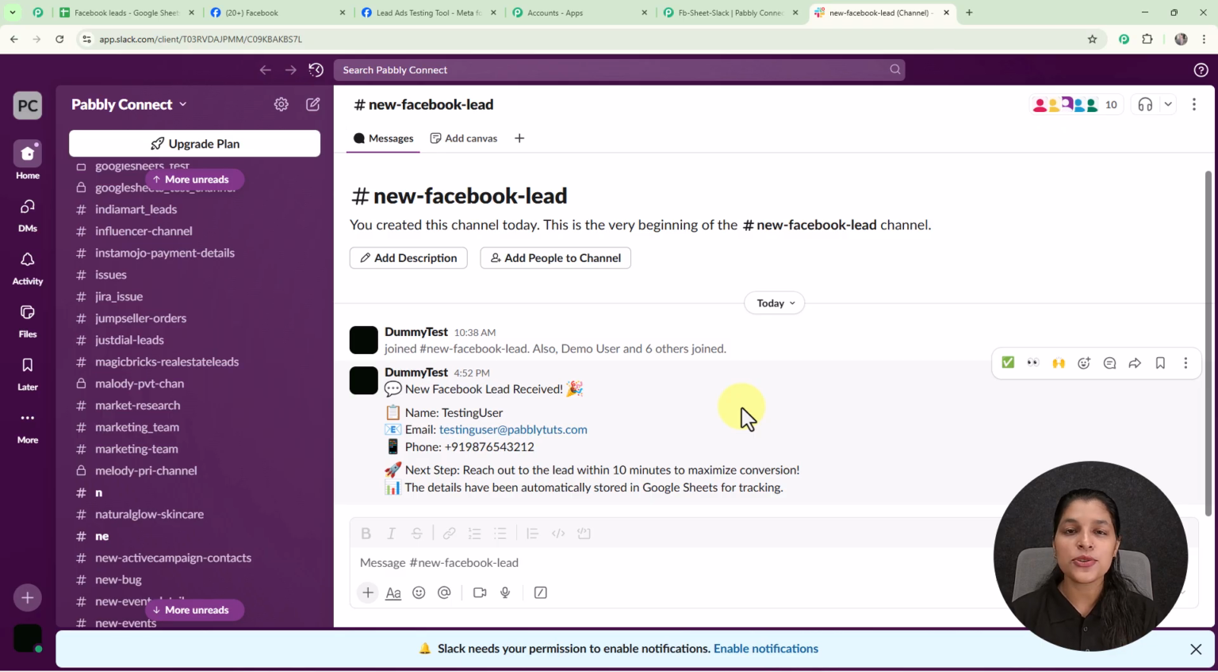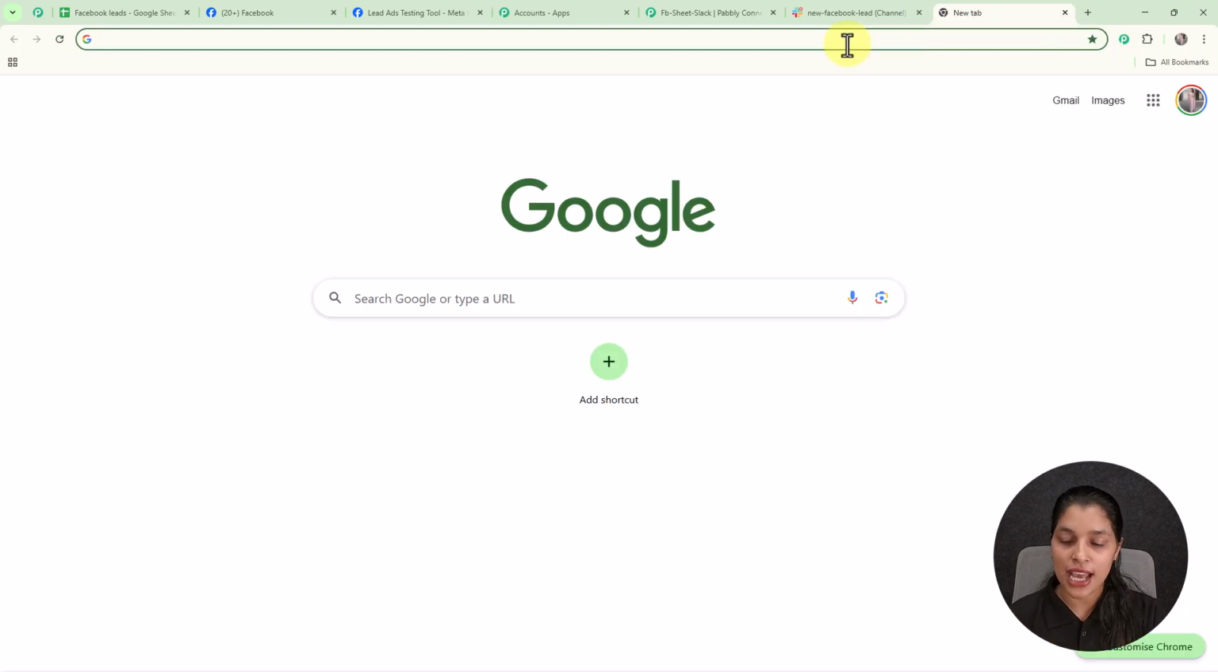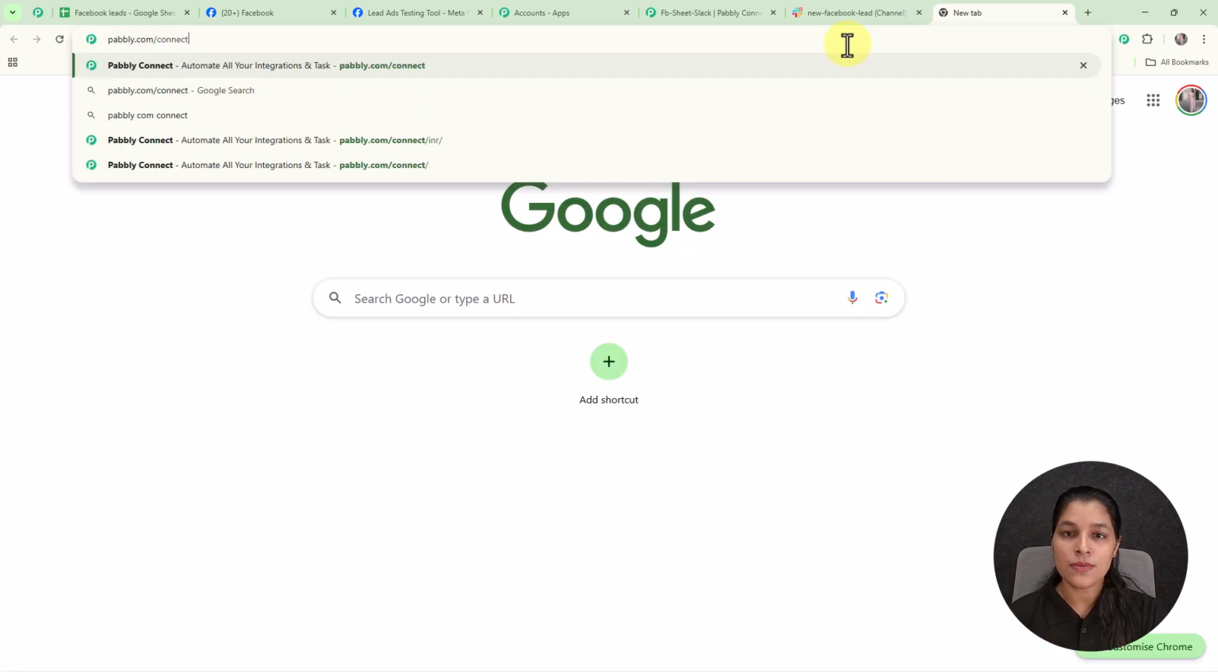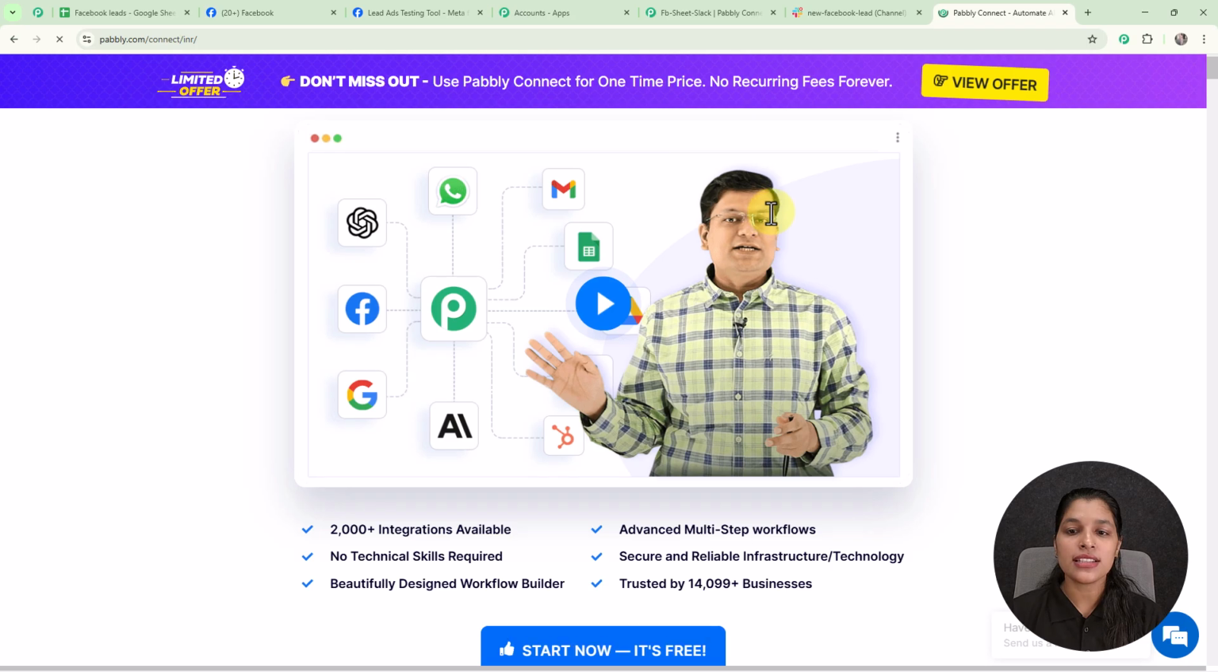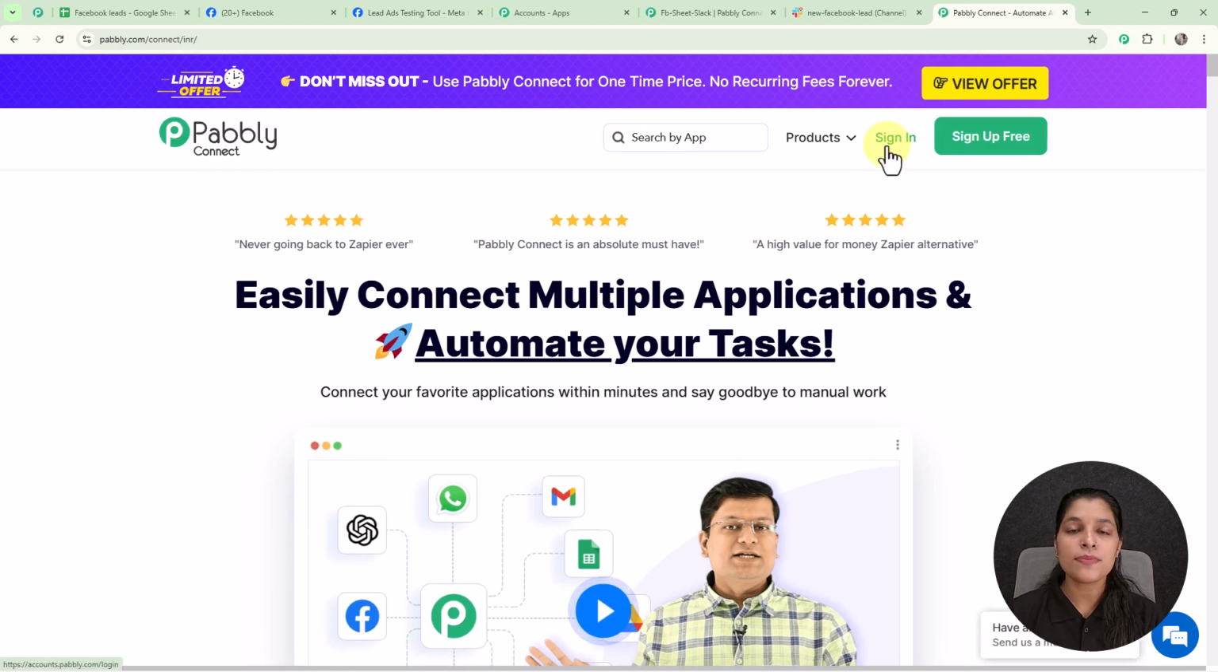So now I am going to show you how you can build this automation for enhancing your own business. So for that you just have to access Pabbly Connect, and for accessing the Pabbly Connect you just have to type its URL over the new tab, that is pabbly.com/connect, and once you will enter the URL you will be getting the landing page of Pabbly which can be seen here, and on this landing page you can see we are getting two options, that is sign in and